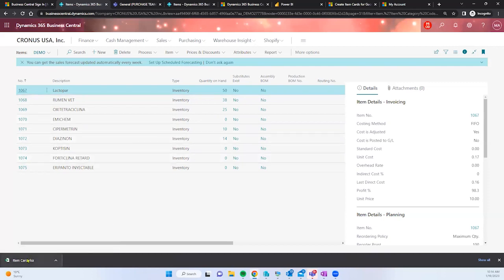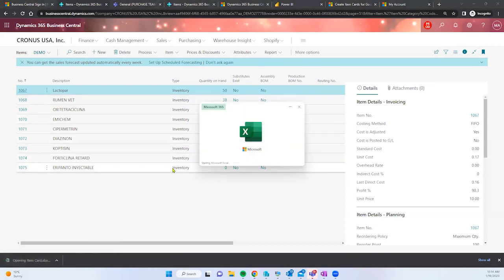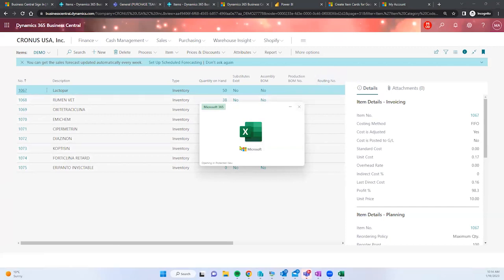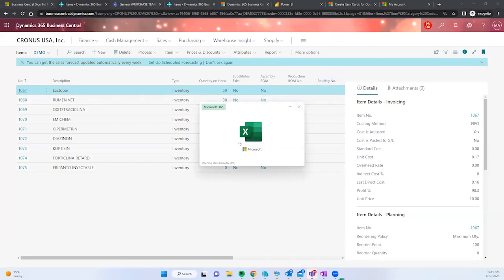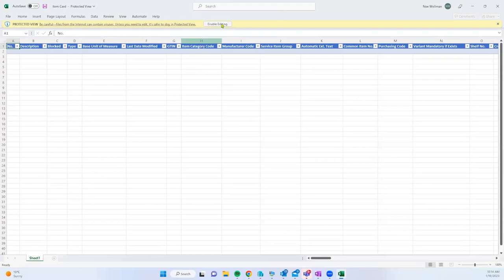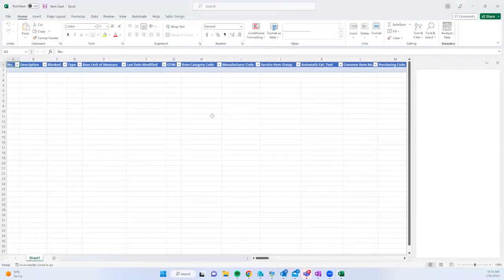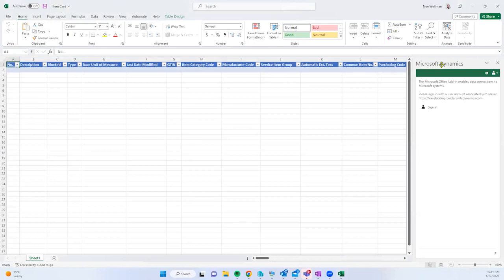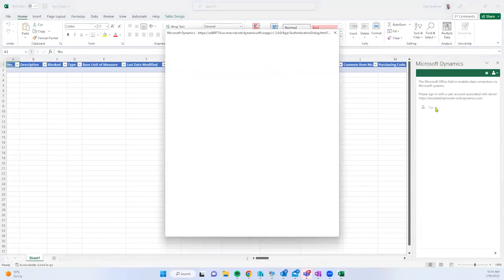But the basic edition, using the Excel functionality exported or just using this edit in Excel function, allows me to at least change some of the basic descriptions, basic information, okay? But let me just give you an example of how it works. The item card is then going to be open in Excel. You just need to sign in, in this case, with your own